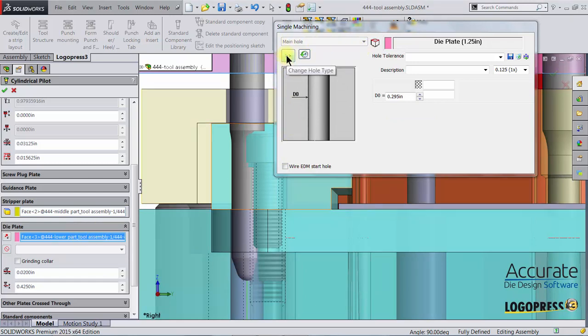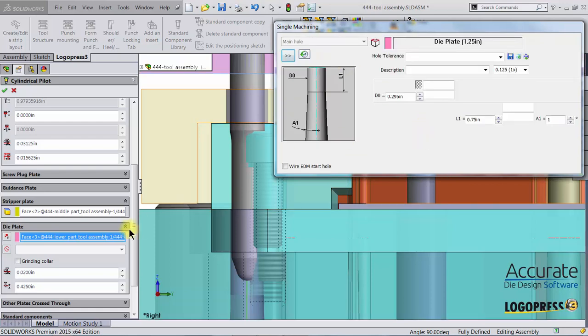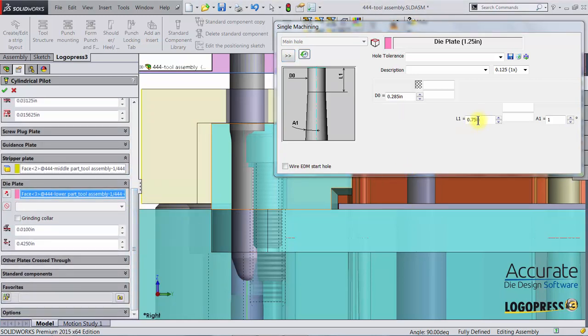And this I'll change the hole type to land and taper. Again, I have to come over here and change the pilot clearance. I'll make that 10 thousandths. That's 5 thousandths per side and an overall 10 thousandths. I'll adjust my L1 dimension to 0.25, and then I need a slug opening